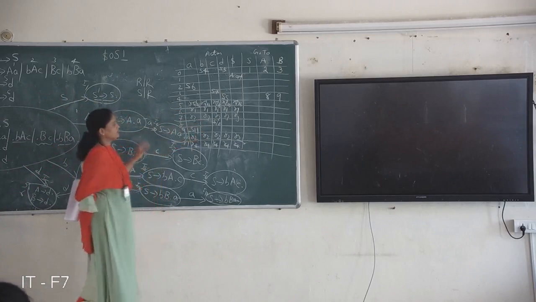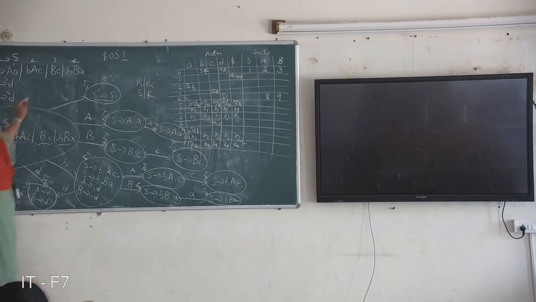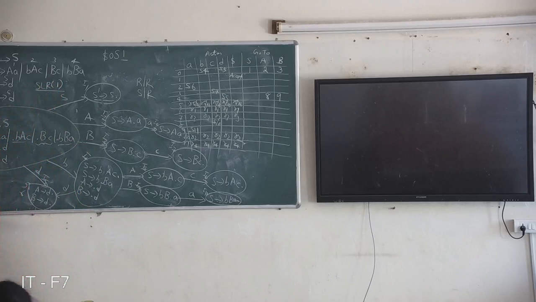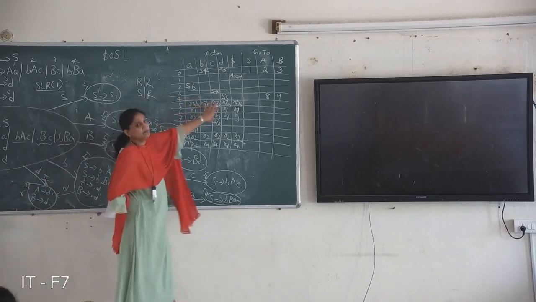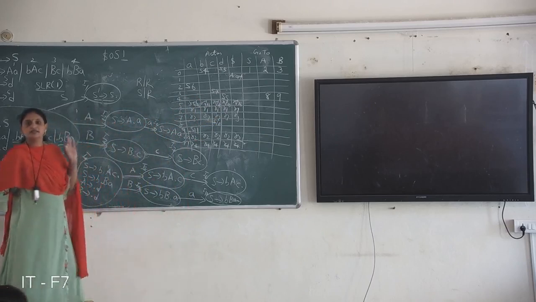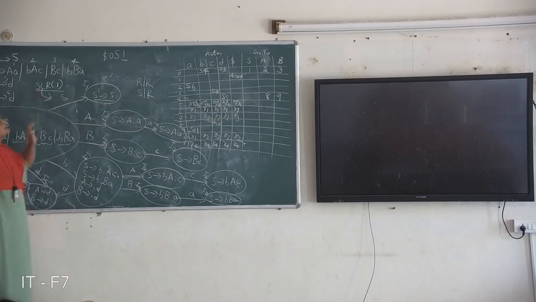Okay, so to avoid this, you can construct the SLR(1) table, that is called the simple LR(1) table. In the SLR(1) table, shift actions are the same as what we do in LR(0), and only the reduction is different. Where to put the reduce actions is the only difference between SLR and LR. So in SLR, we put reduce actions on the follow of that symbol,